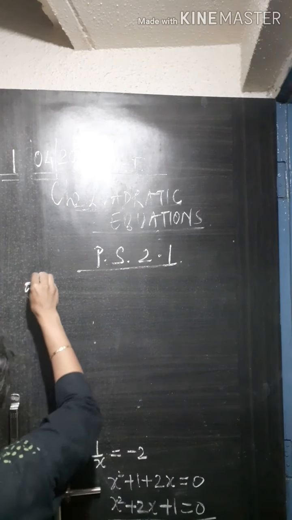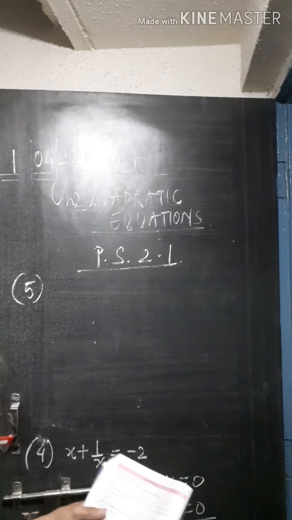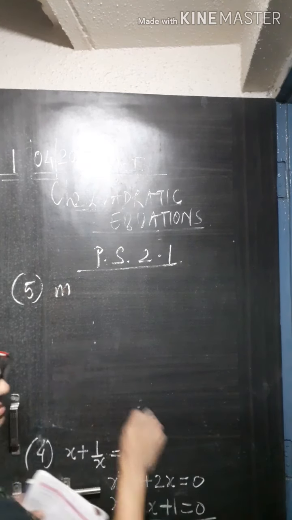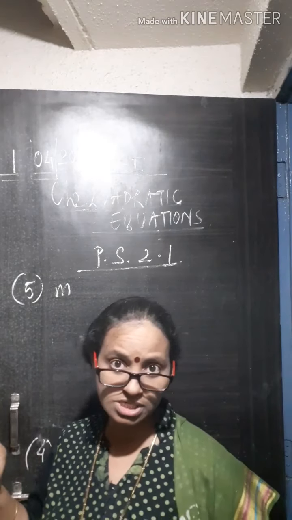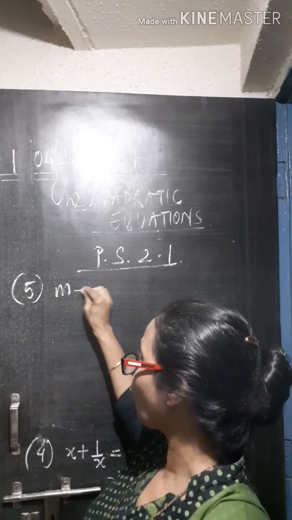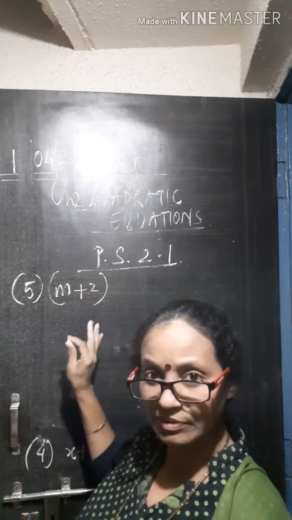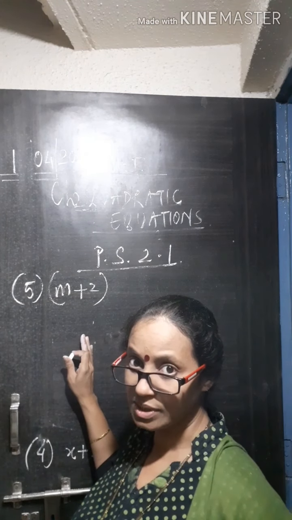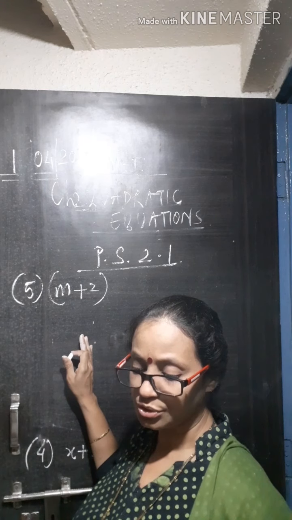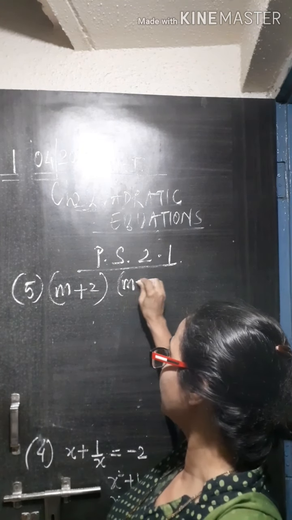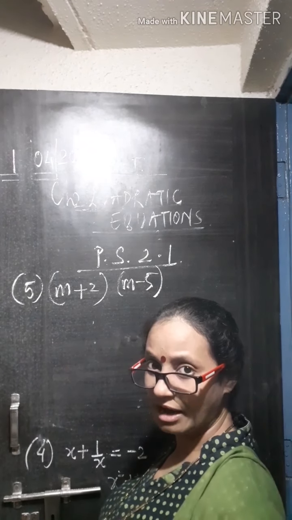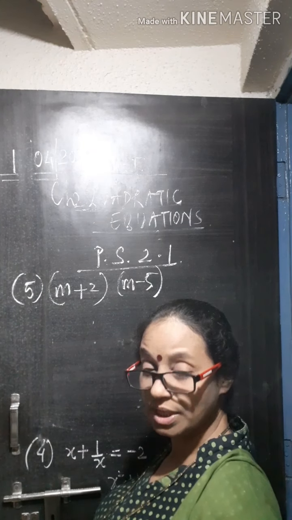That is the question number 5. The question number 5 is m plus 2. This is a similar kind of example I had given in the first video, where I told you to open the bracket. It is a similar type of example, and I will ask you to do it as per the first video example which I have shown you. So try to solve it yourself. What is the last equation you get after opening the bracket? The last equation that you get is a quadratic equation.